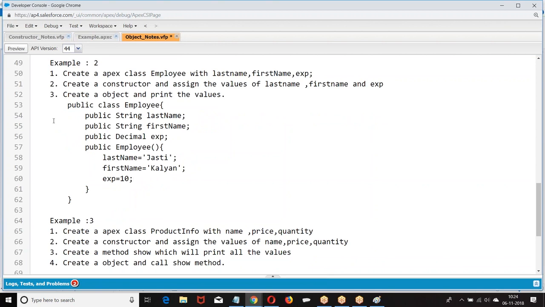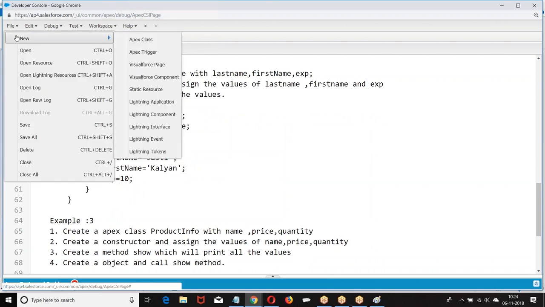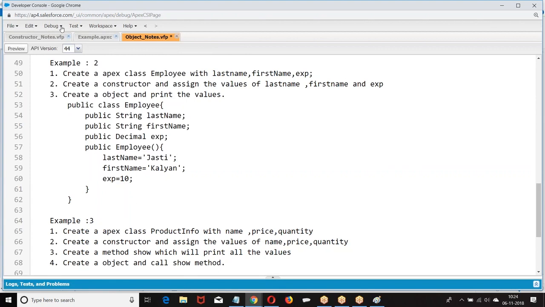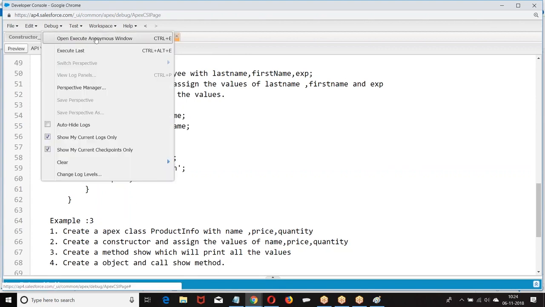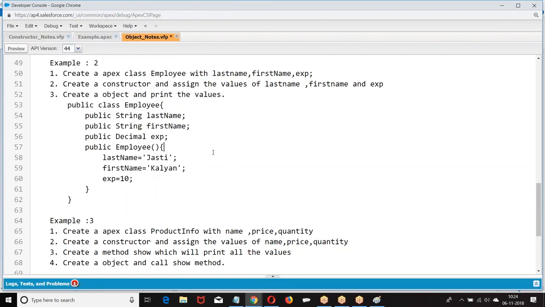How do you create a class? File, New, Apex Class. Then how do you execute? Debug, Open Execute Anonymous Window, and write your code.